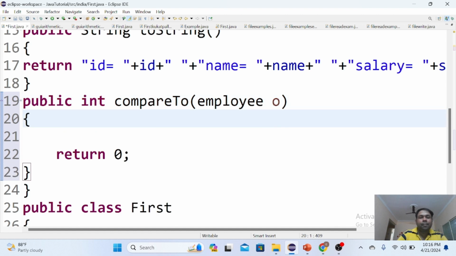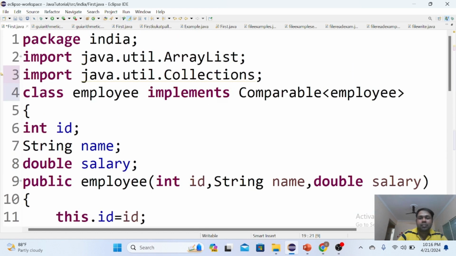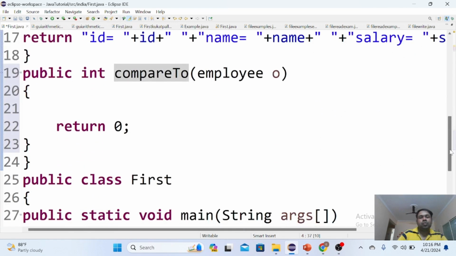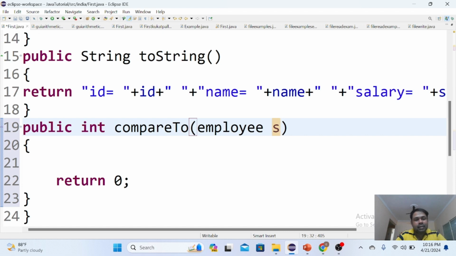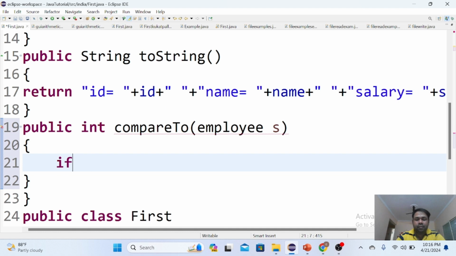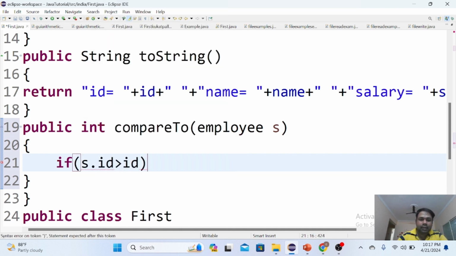This is the compareTo method, it is being implemented here. The compareTo method is nothing but the abstract method of the interface Comparable. So here I'm going to create an Employee object s for the Employee class, and here what I'm trying to write is one step: if s.id is greater than id, then